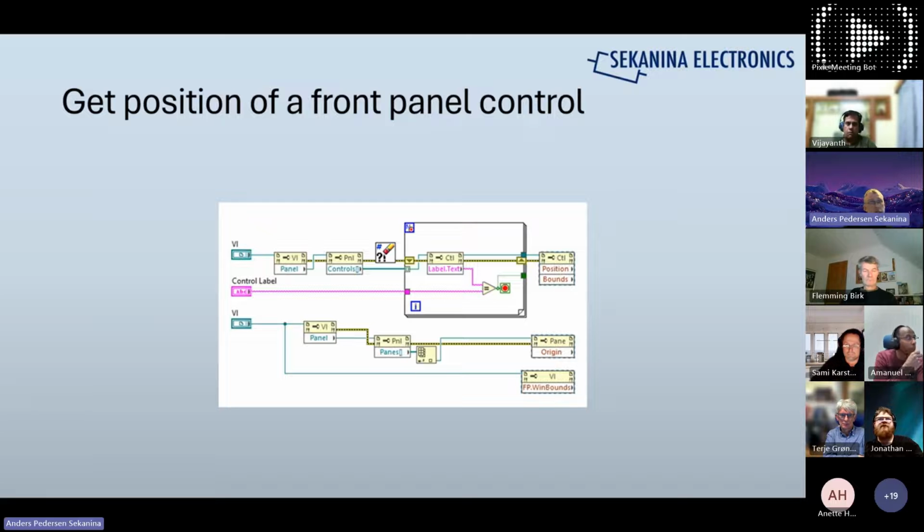Of course, you then need the position, and you can get the position of a control using references. You also need the position of the VI on the screen. When you add everything up, you can know where on the screen the front panel is, so you can move the mouse over there, click, and go back again.